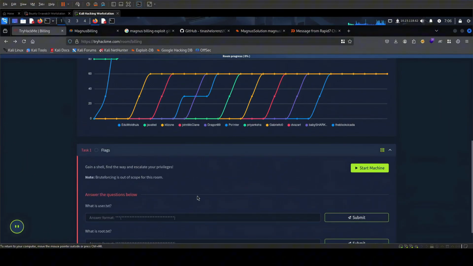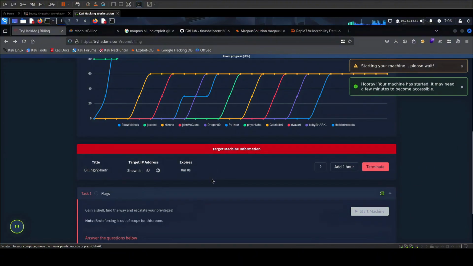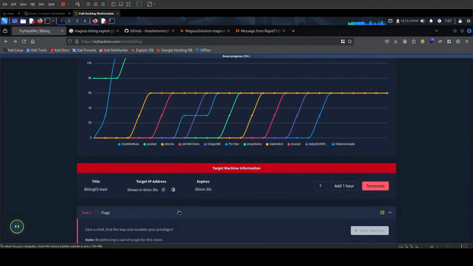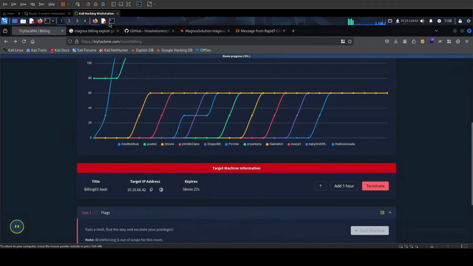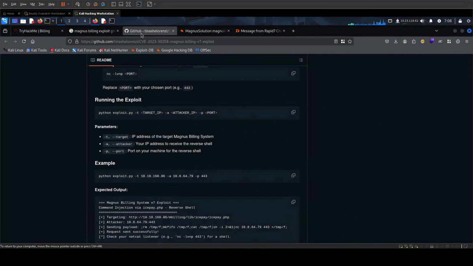Okay, so it looks like our session expired, so we're gonna have to start it again. Okay, now we have got the new IP address. Just gonna copy that and replace this one right there. So gonna come back here. We don't have to go through everything again. So what we need is the target. So I'm gonna come here,